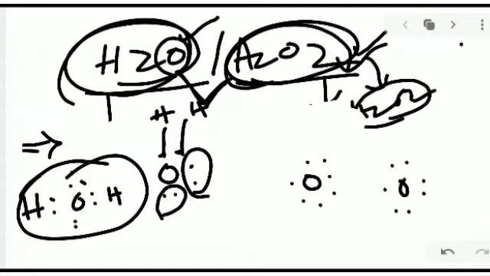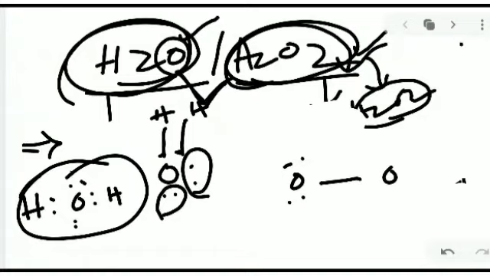Here the hydrogens come and attack. How many lone pairs are there? Look at this, it will form a bond like this, and again they have 2 lone pairs. So the structure of H2O2 has an oxygen-oxygen single bond, with 2 lone pairs on each oxygen and a single bond to hydrogen. The 2 hydrogens have 1 valence electron each in the dot structure.